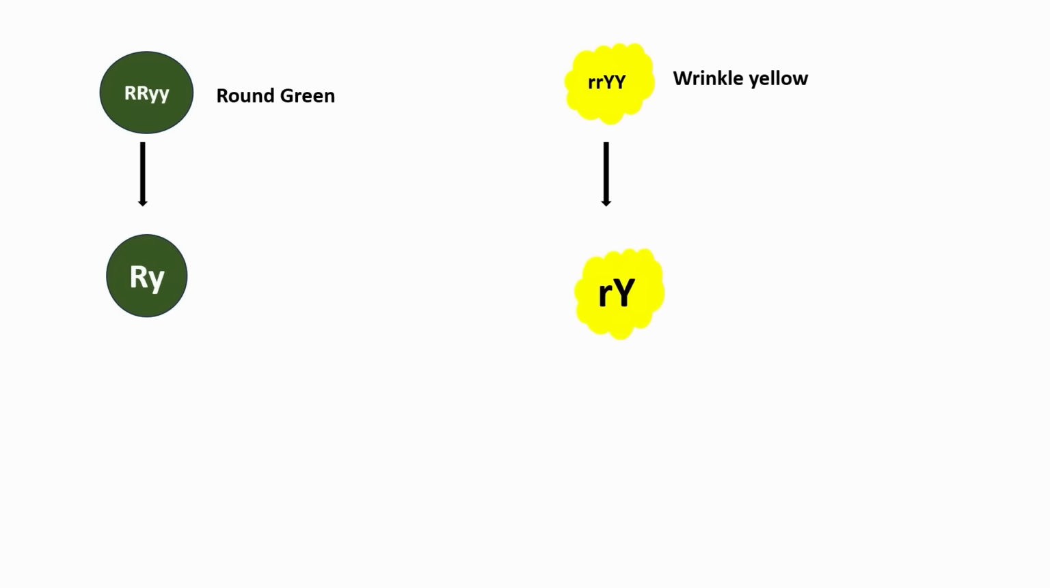Here you are observing round green seeds and wrinkled yellow seeds. If we cross these two, with gametes having capital R, small y and small r, capital Y genes, we will get seeds having the dominant character of round yellow. If we self-pollinate these seeds, we will get